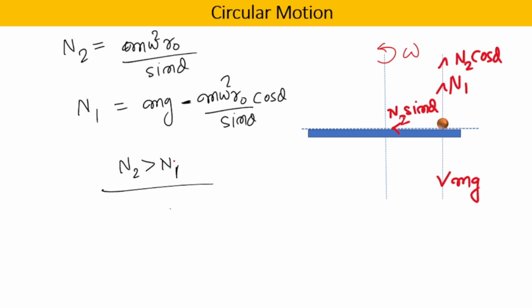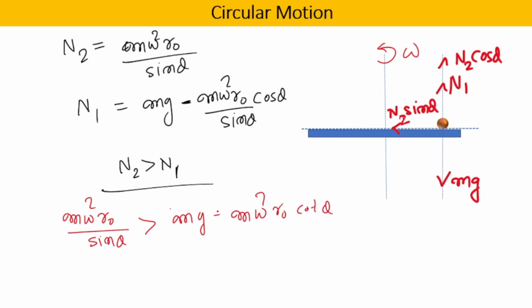n2 greater than n1. अब आप इसको solve करो, तो n2 को आप क्या लिखोगे? N2 को लिखोगे m omega square r naught by, चलो values put करते हैं, या फिर एक बार और लिख लेते हैं sin theta, and this should be greater than n1, that is mg minus m omega square r naught cot theta. ठीक है, m को हर जगह से cancel कर दो, omega square का ही range हमें निकालना है, ठीक है, so omega square रहने दो, और r naught क्या है तुम्हारा 1,